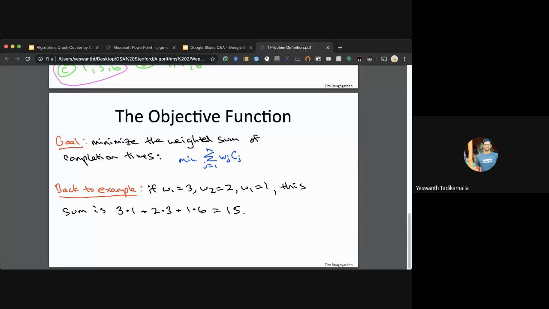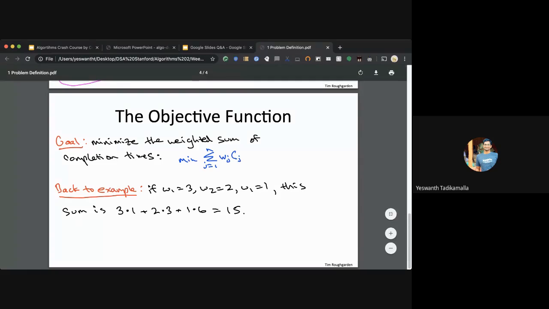But when there are weights also given into the picture, the idea is we should be able to schedule them in such a way that the weighted sum is minimum. So let's say the first job has got weight 3, the second job has got weight 2, and the third job has got weight 1. So for the given scheduling, the weighted sum is 3 into 1 unit of time, weightage 2 into 3 units of time, and weightage 1 into 6 units of time. That comes to around 15. The idea is to optimize this sum of 15. Let's see how to go about it with the greedy algorithm.